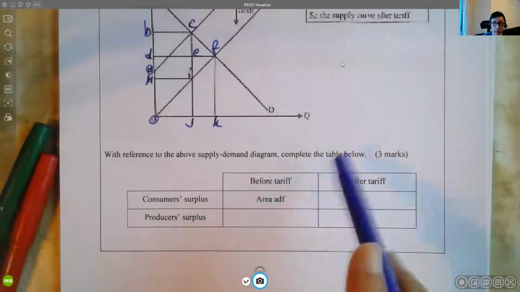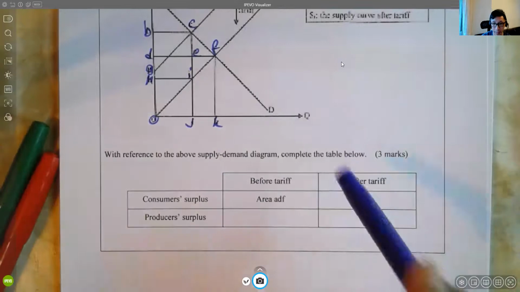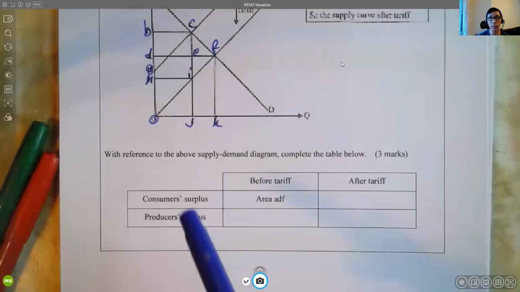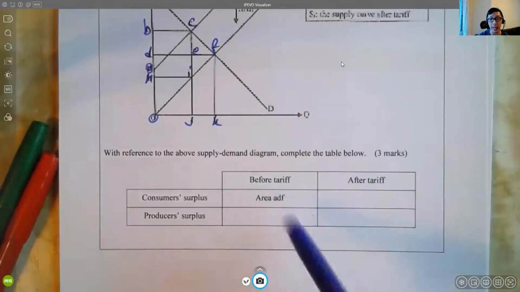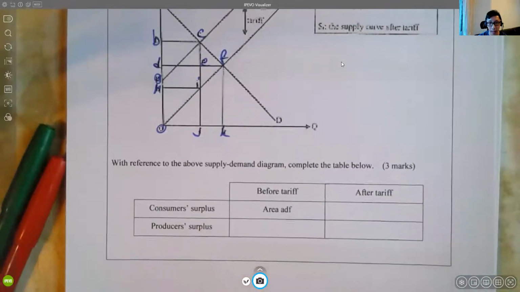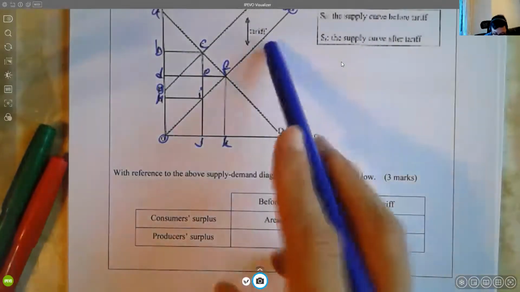Now, refer to the above demand supply diagram. We need to see the consumer surplus and producer surplus before and after tax. Before tax 容易啦，係咪？